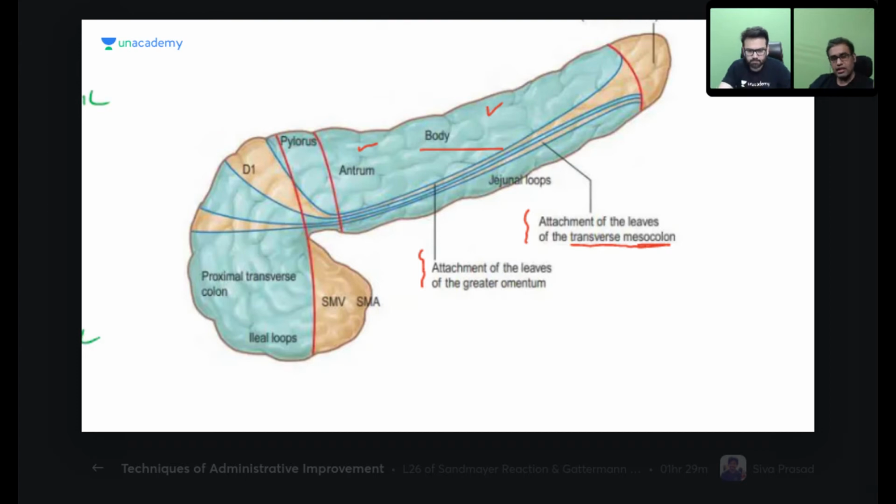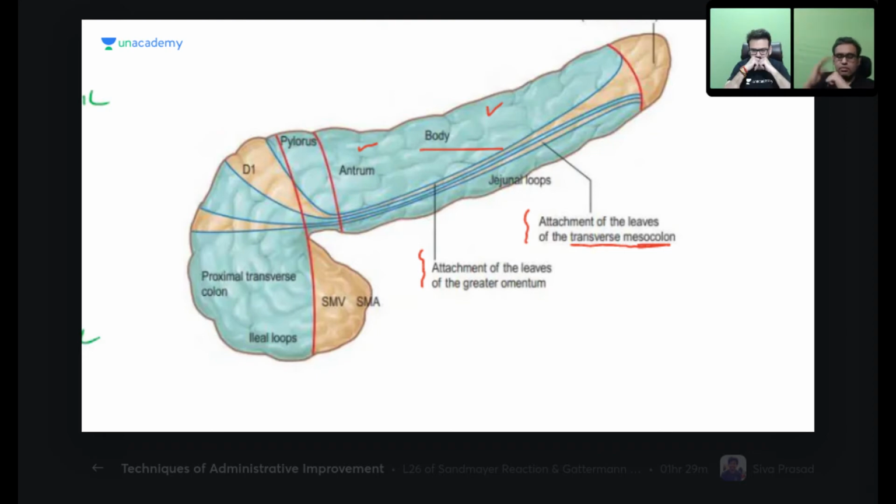Then you see over there the D1 part. The initial D1 part is intraperitoneal, where you have the attachment of the lesser omentum. But then the distal part of D1 becomes retro, so there you are seeing the peritoneum lacking over here. Then on the right side of the pancreas, you have the second part of the duodenum. But always remember this is the duodenum and here is the pancreas. This is D1, that is our D2, this is D3 below and D4 over here. So it is at the same level.